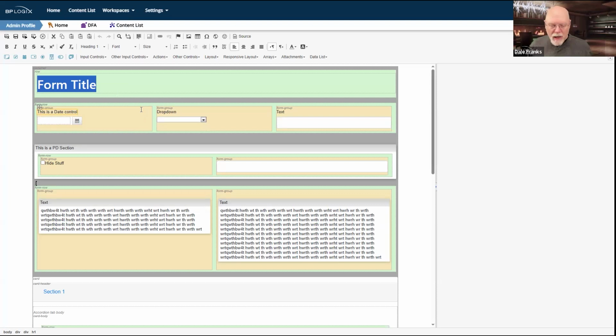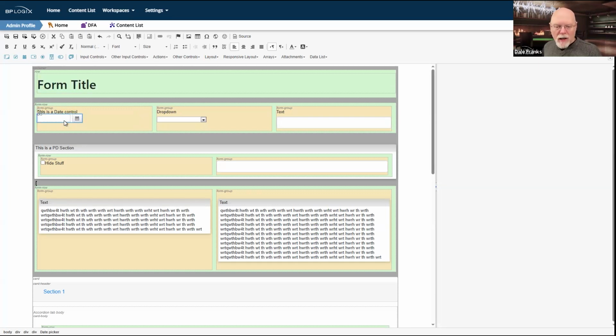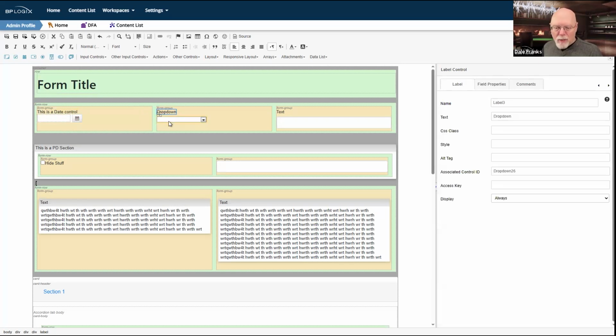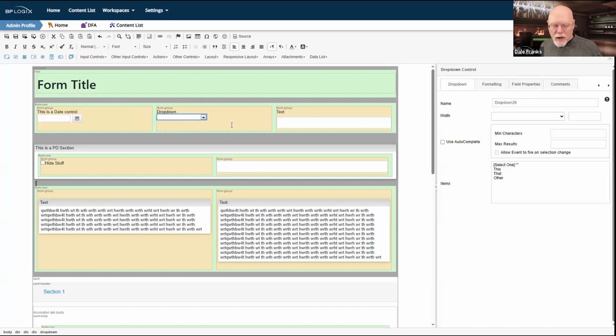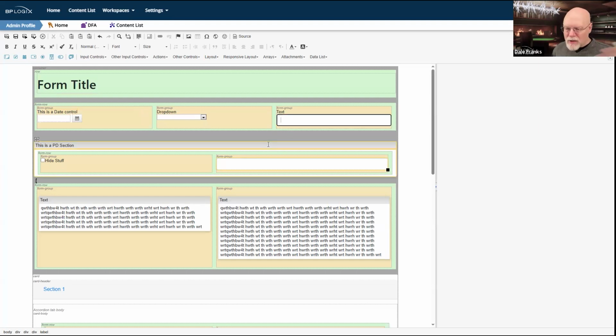But for all of my controls, what I'm going to use are form rows and form groups. I'm just going to let them take care of all of the styling. So stick in a form row, throw in as many form groups as you need for that row to make the appropriate number of columns. Then inside each form group, you place your individual labels and your individual data controls. It doesn't matter what kind of control they are. They're all going to show up like this, with the label immediately displayed above the control it's associated with, and everything is just going to work exactly the way you want it to work.